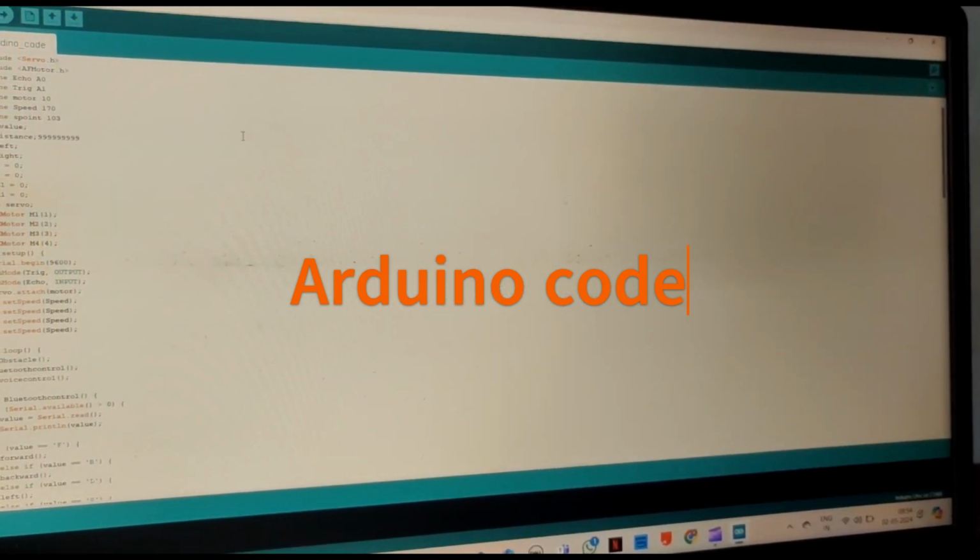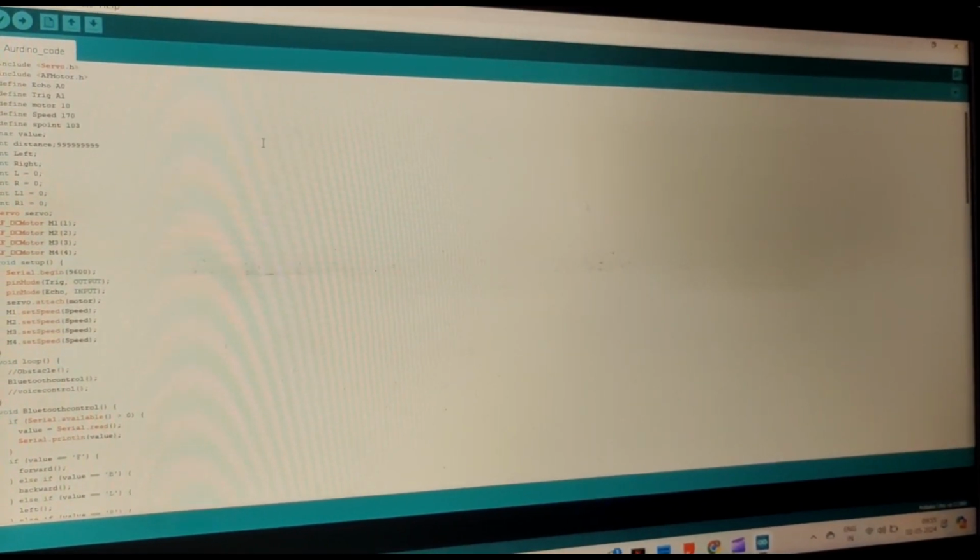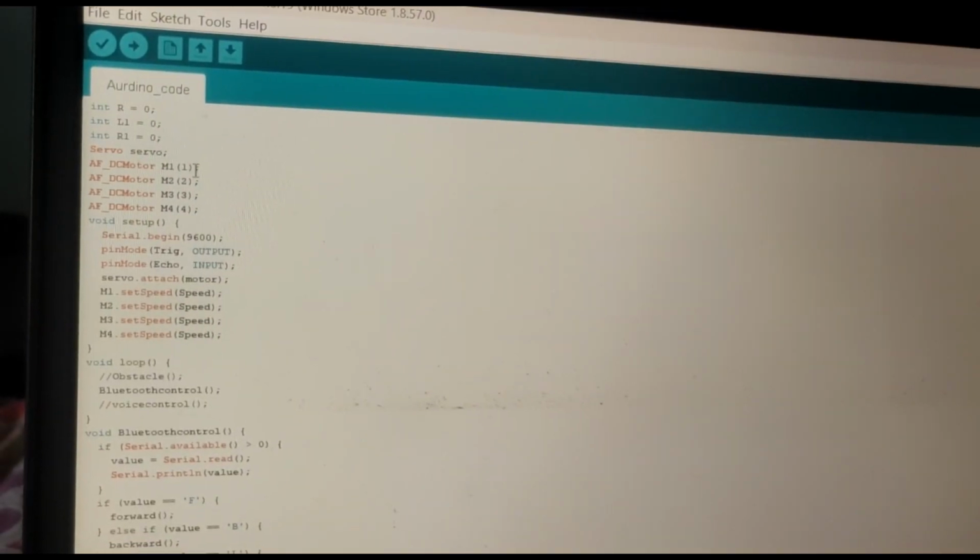This is the Arduino IDE, and we are compiling our code here, and after compilation we will upload this code into the Arduino Uno through the USB cable. And here this is the servo header and the AF motor header. This is the DC motor commands,